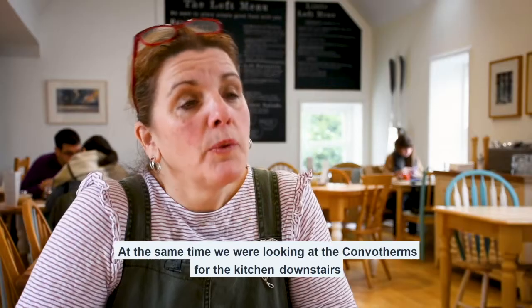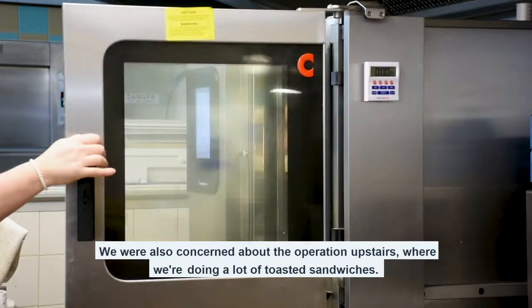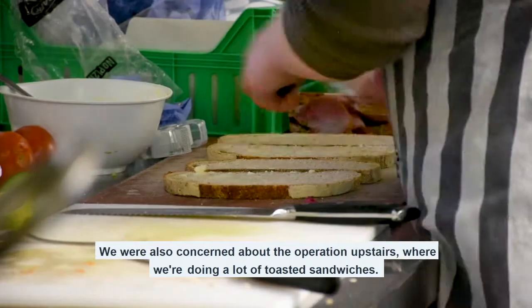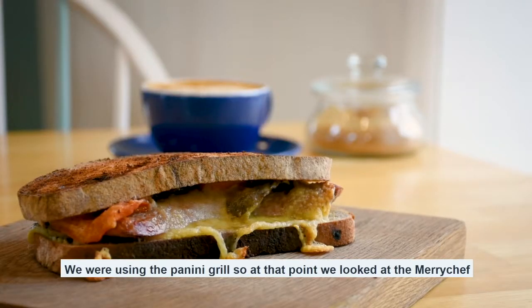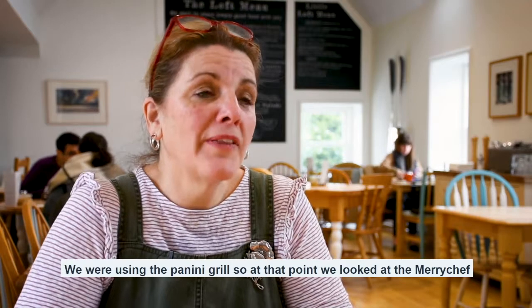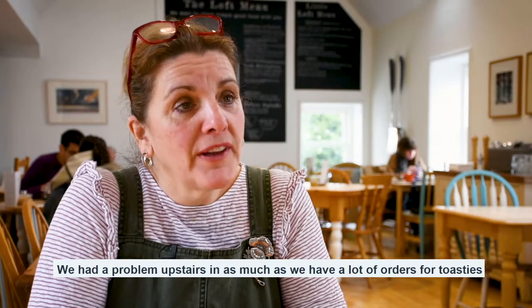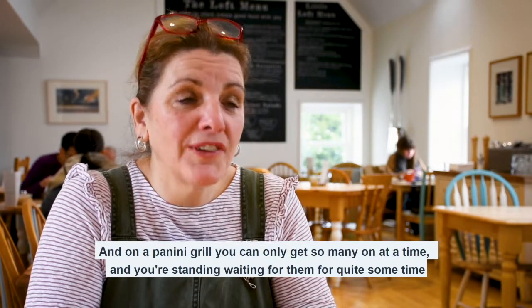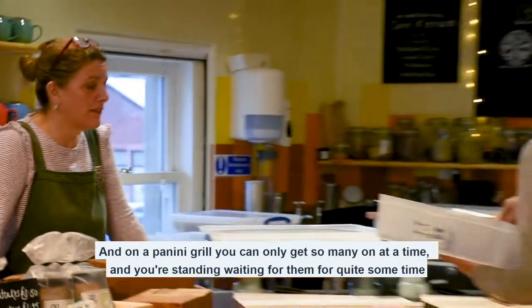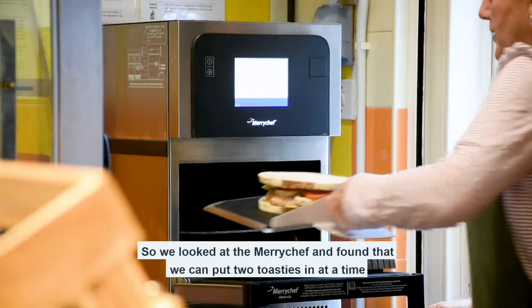At the same time we were looking at the Convotherms for the kitchen downstairs, we were also concerned about the operation upstairs, where we're doing a lot of toasted sandwiches. We were using the panini grill, so at that point we looked at the Merrychef. We had a problem upstairs in as much as we have a lot of orders for toasties, and on a panini grill you can only get so many on at a time, and you're standing waiting for them for quite some time. So we looked at the Merrychef and found that we can put 2 toasties in at a time,